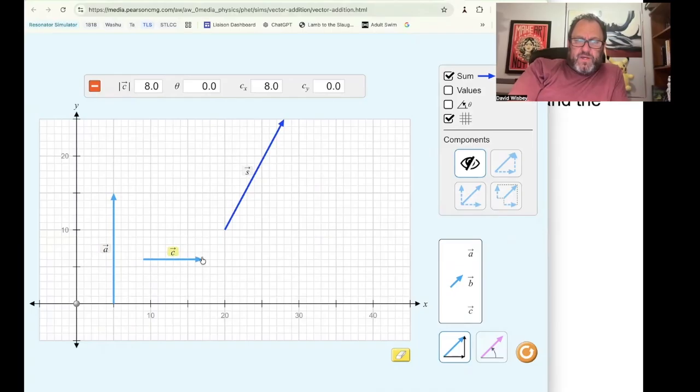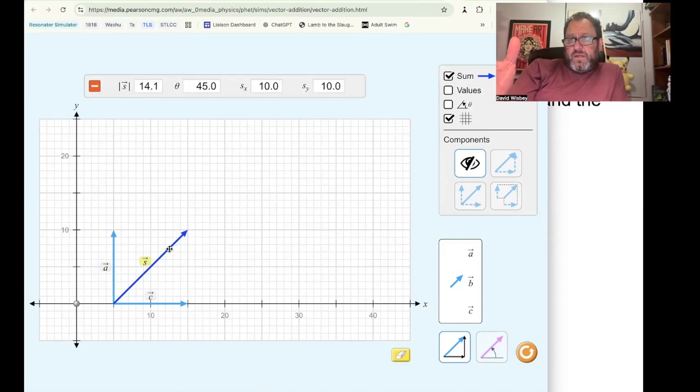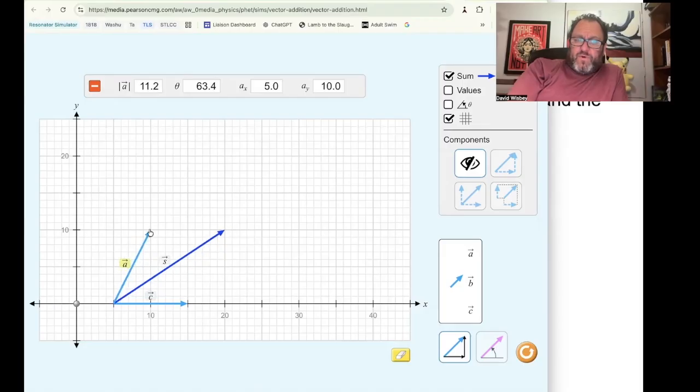All right, so I'm going to make my vectors each 10. No, this one's 15. Okay, we shall make them 10. I can put it like this, and this is the X component or the Y component. So this would be my parallelogram. Okay, I can bend this one if I want to. I can do the parallelogram rule. Look at that.